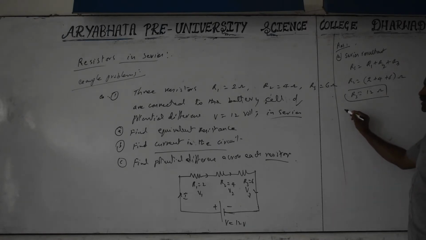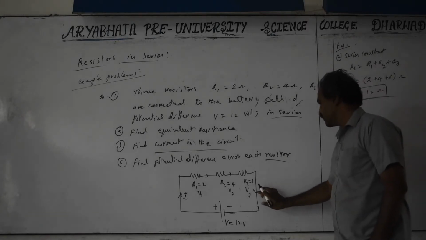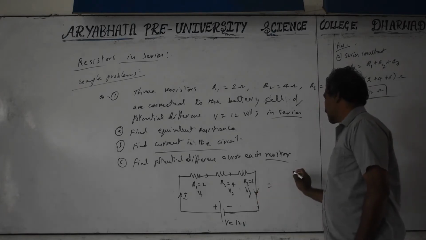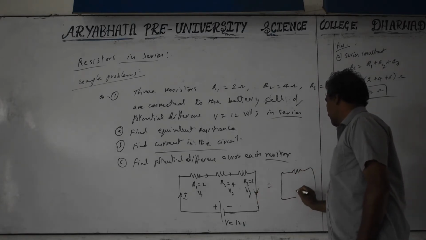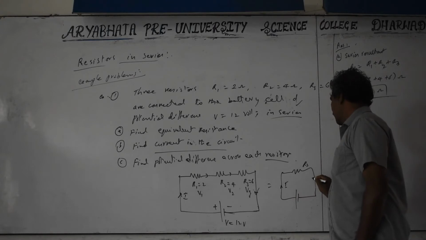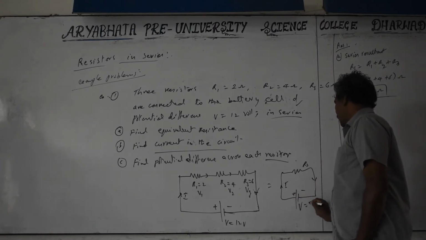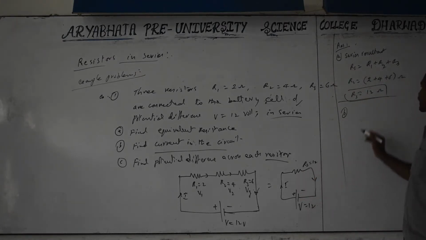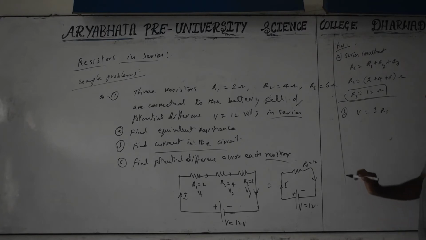Next, you have to find the current. So apply Ohm's law. For total resistance, V is equal to I R. This diagram is also not compulsory. This is R series, the resultant resistance, and this is the current. The battery is 12 volts, and the resultant is also 12 volts. So V is equal to I into R series. We have calculated the series resistance, and we have to calculate the current. That is also part of the main current. Our current through all resistors is the same.